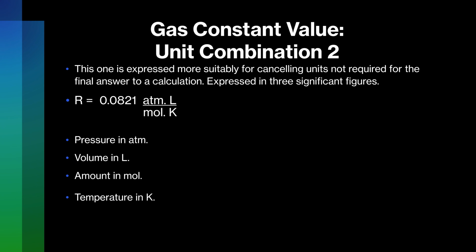Okay, our second unit combination. Pressure is in atmospheres, volume is in liters, amount is in moles, and temperature is in Kelvin. The numerical value of the gas constant with this unit combination is 0.0821. Now the units within the gas constant for this unit combination are expressed as a fraction in a format that acts as a conversion factor, which is simply a way of cancelling out units relating to other variables that we don't want in our